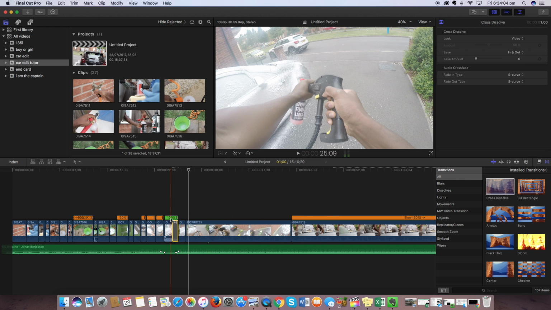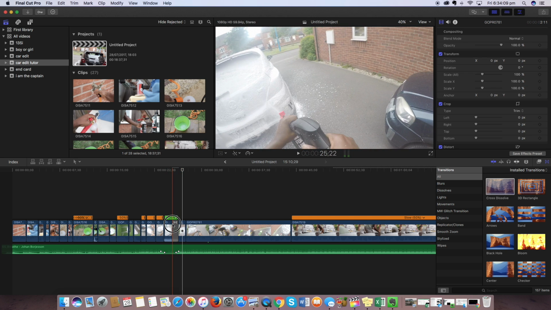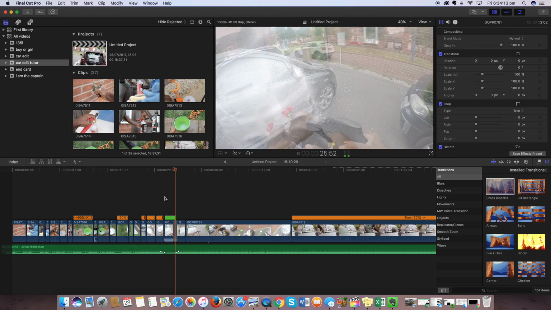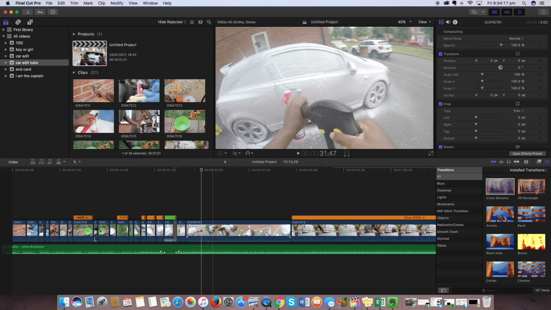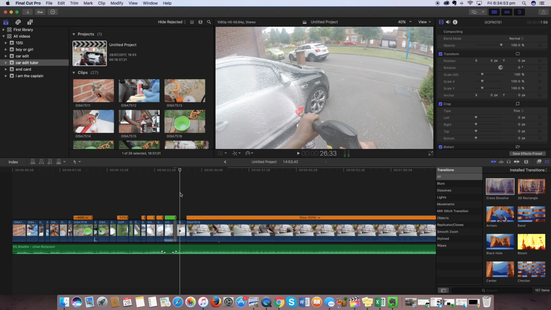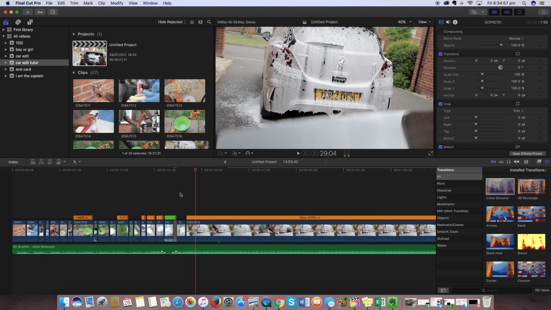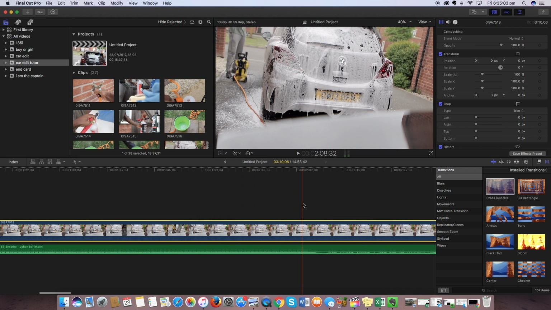Just a cross dissolve. This is a simple cross dissolve. A bit shorter. Yeah, that's alright. That's better. Yeah. Oh, and then the slow motion of it just off the car, just off the soap, just dripping off the car. That's dope. Cut it there. And then,